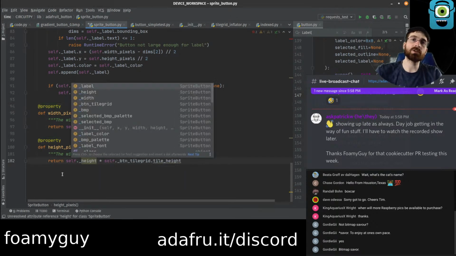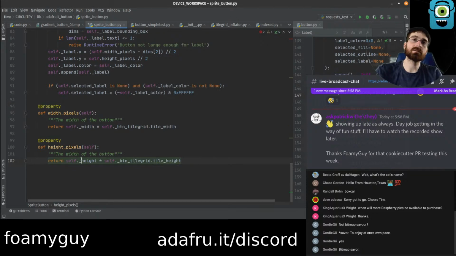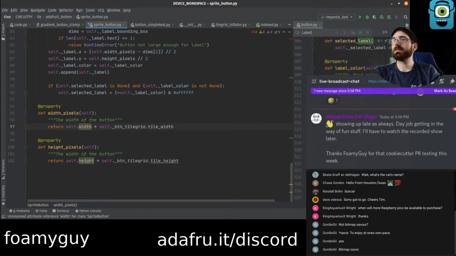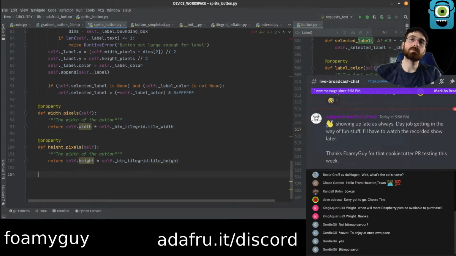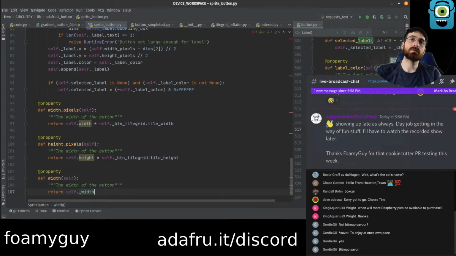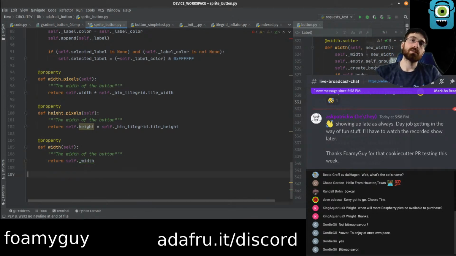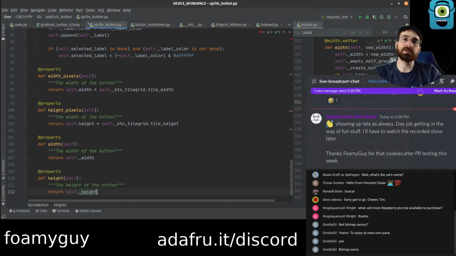Or eventually we could make actual properties with height and width. And I'll make the setter later, because the setter logic is going to be different. It can't copy paste directly because it's going to have to be in tiles again.